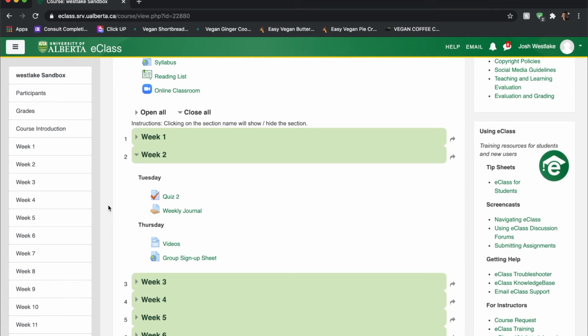And if you ever see an opportunity to kind of break things up and make it clearer for students, using labels is a great way to do that. And that's just about all the time I have today. So now it's over to Jason to talk to you all about reading lists.